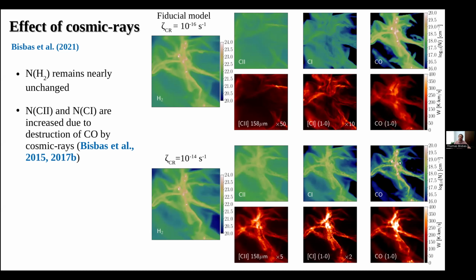That's because CO has interacted with cosmic ray particles, and it has been destroyed through the interaction with helium+, which creates C+ and then C1. And here you see the emission of all of these 3 lines. You see that CO remains the same, or here the CO emission in the high cosmic ray ionization rate simulation